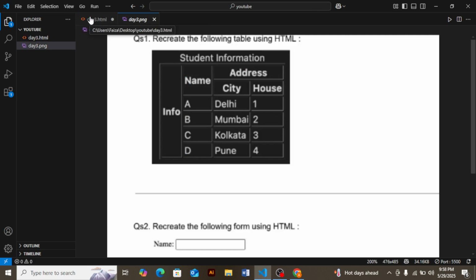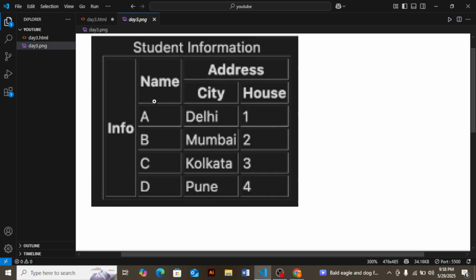So there is a first table row in which the city and house go. Only the first is info, name, and address, and below the address there are two others, that is city and house, and this row entry and this row entry are empty.